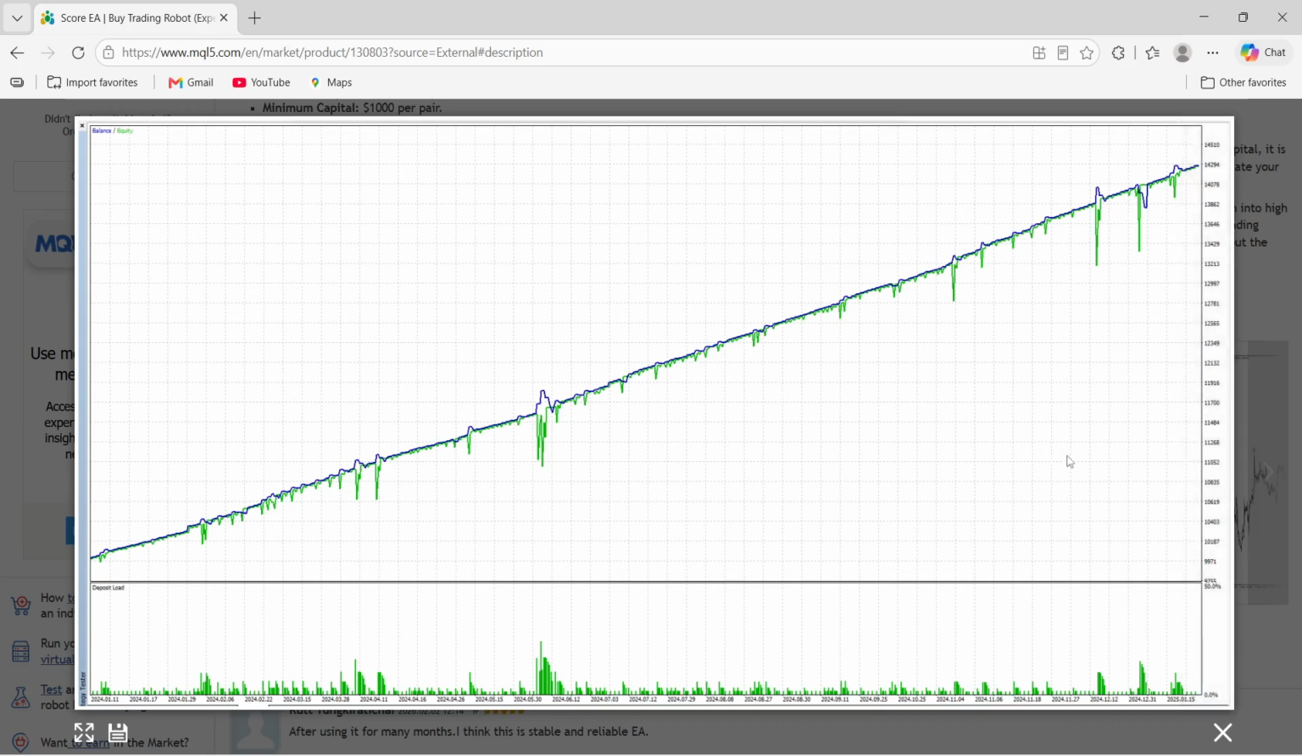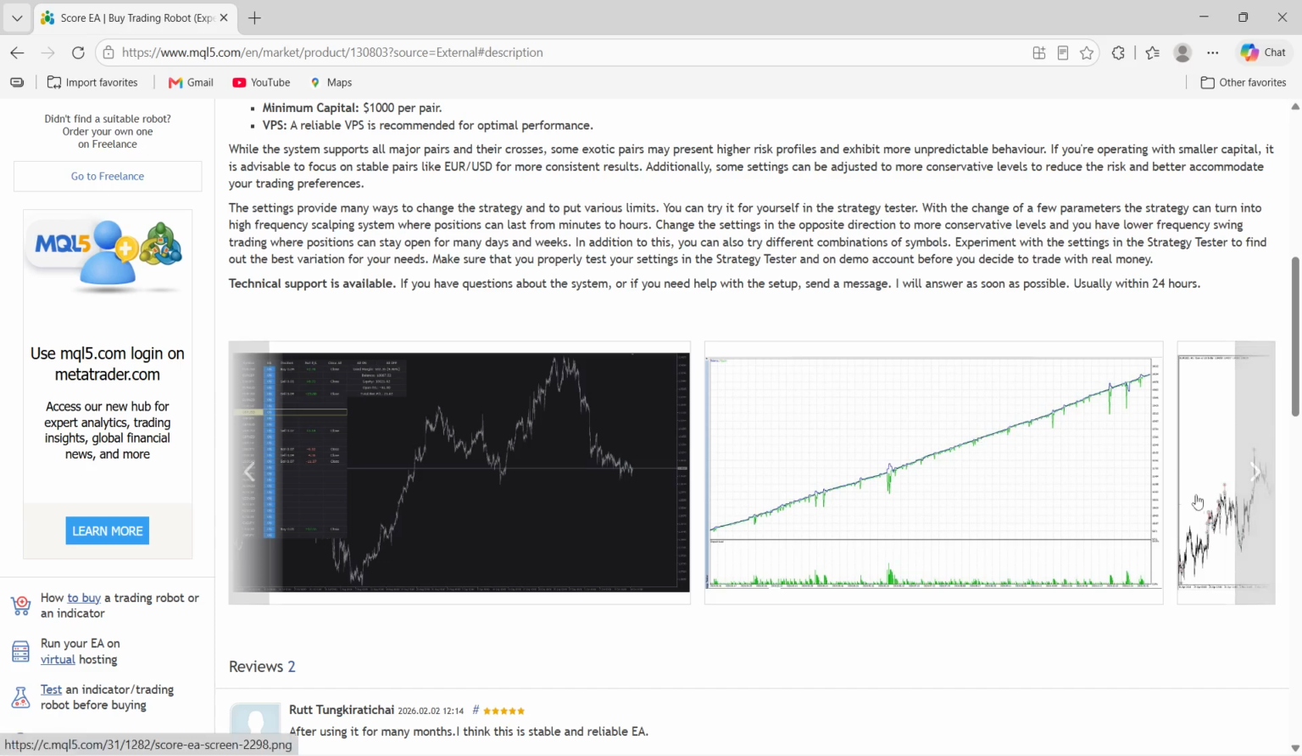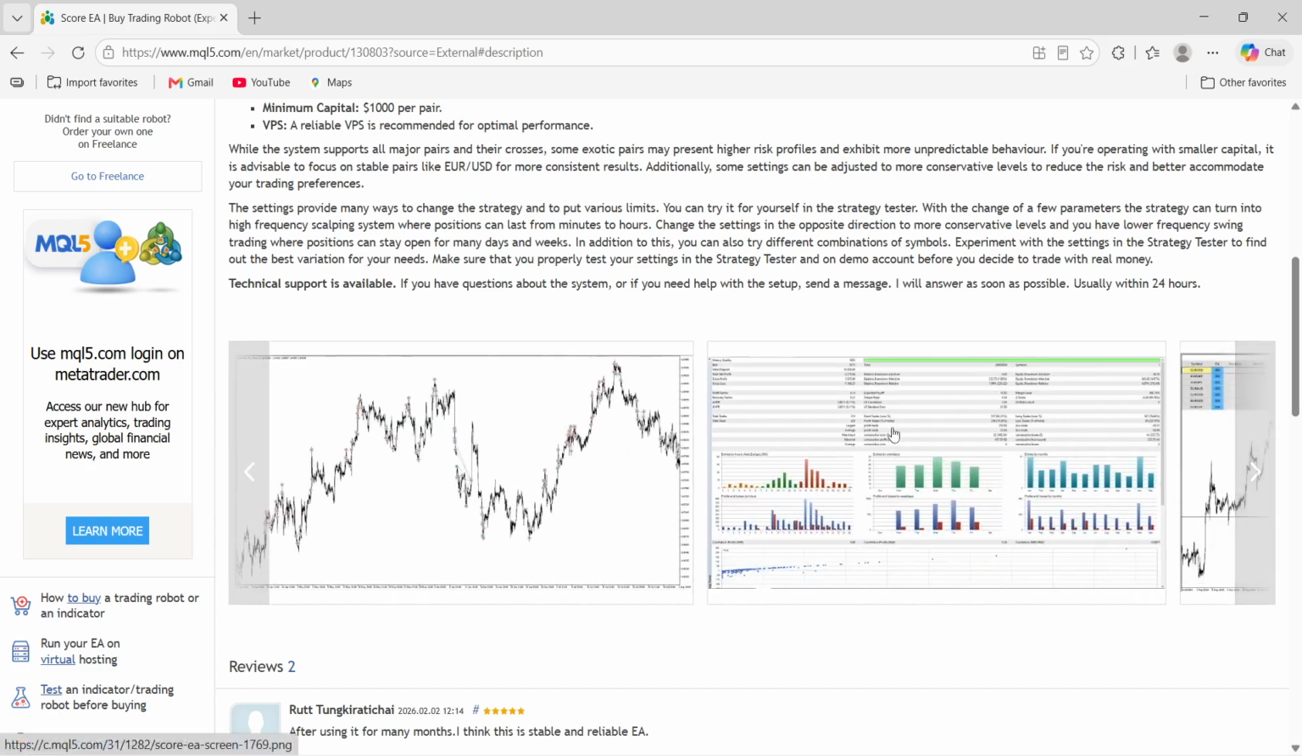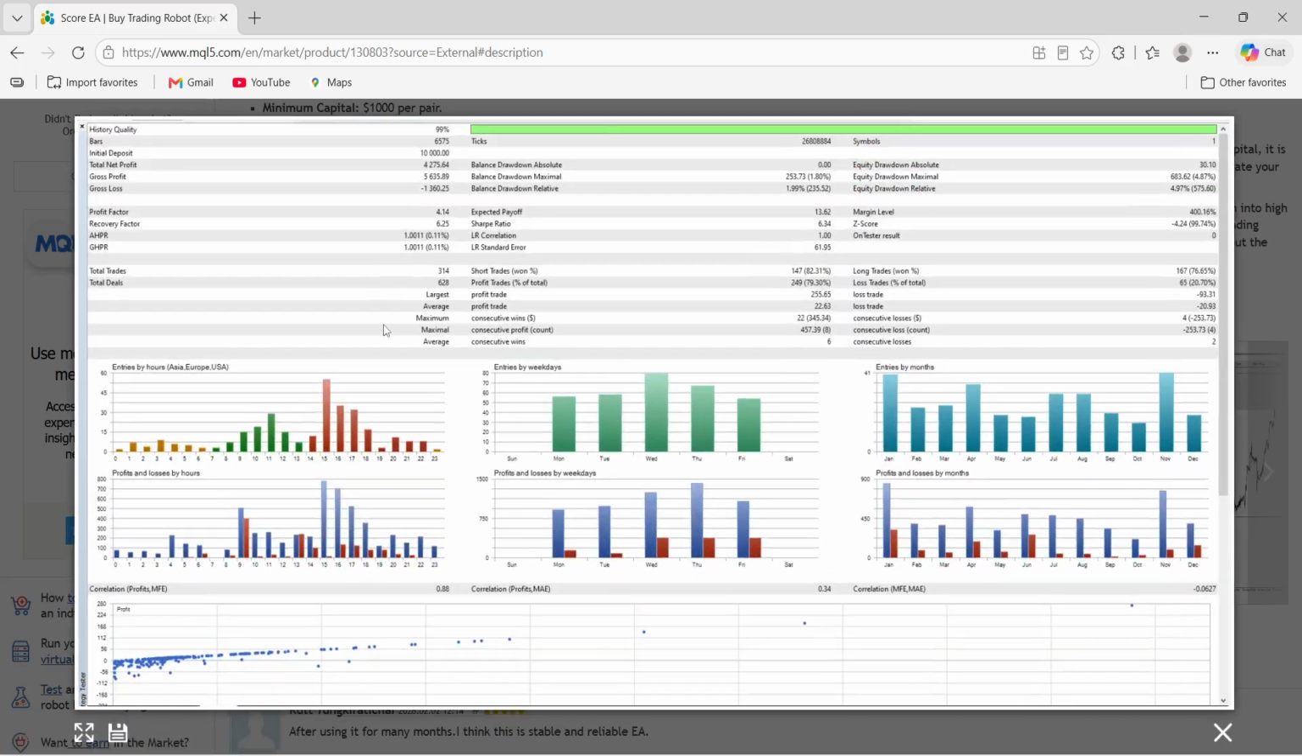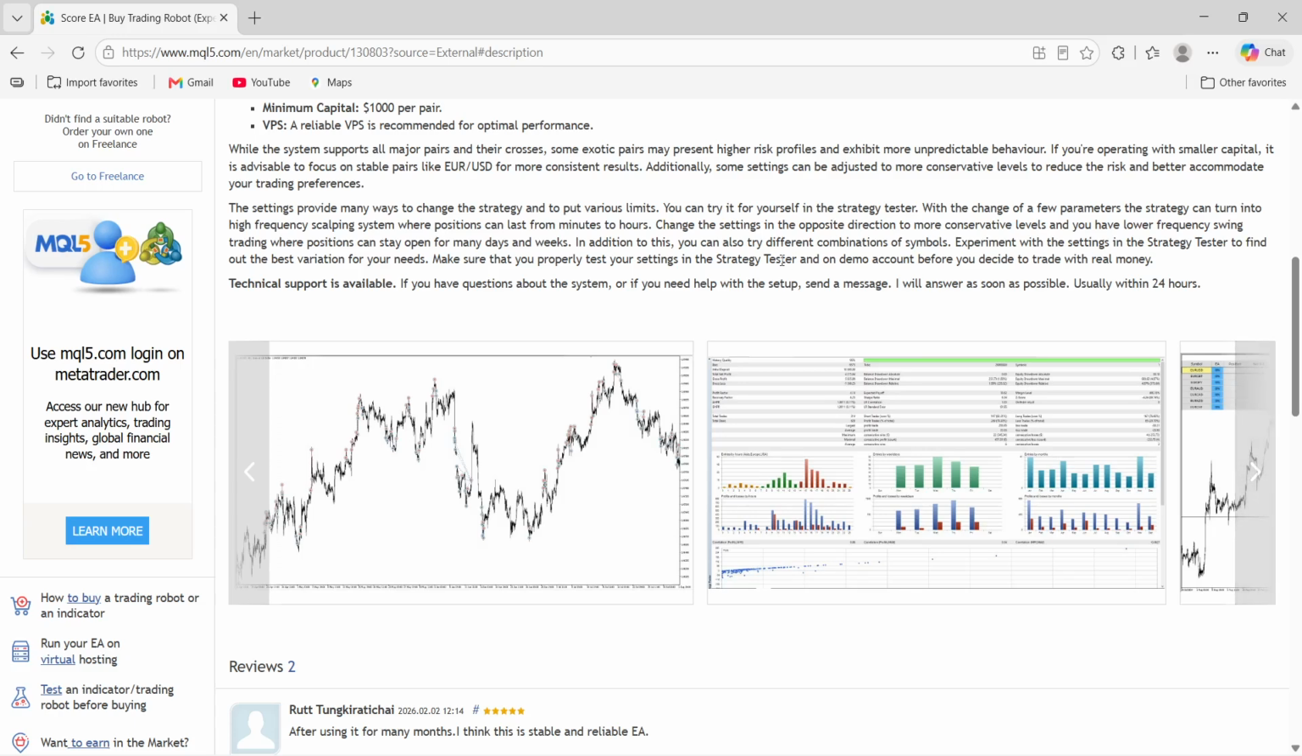But we're going to check and compare this to my own personal backtest to see if this actually holds up for the key details or the key results. As you can see, the initial deposit was set at $10,000. Total net profit was modest but consistent, at $4,275. The profit factor was 4.14, and the maximal balance drawdown was 1.80%. All right, we're going to test all this out in my own personal backtest, so we see how it